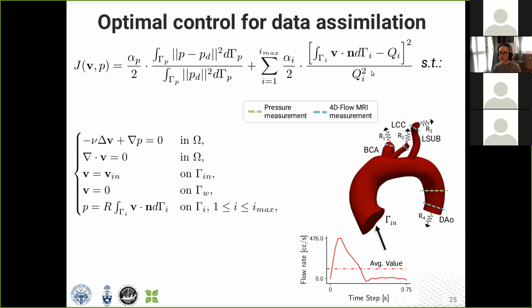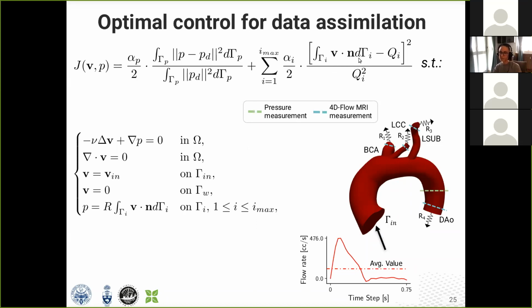And then here we are minimizing the difference between the flow rates measured with 4D flow MRI, depicted here as the blue dashed lines, which we measure at all the outlets, and the flow rates found by the state problem, so the integral of the velocity over the outlet